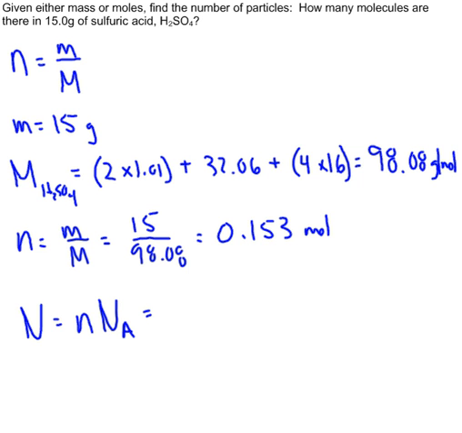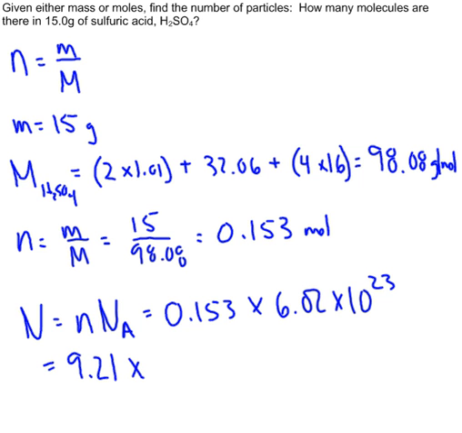And in this case, we're doing the same exact sort of mathematics, and then we take our number of moles, which is 0.153, and times it by what a mole is, 6.02 times 10 to the 23, and we should get out that our number of sulfuric acid particles in 15 grams of H2SO4 is 9.21 times 10 to the 22. So that's 22 places after the decimal point. Molecules of